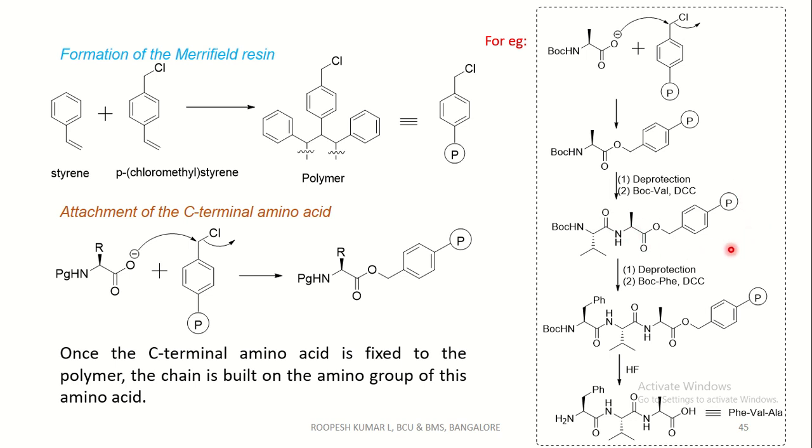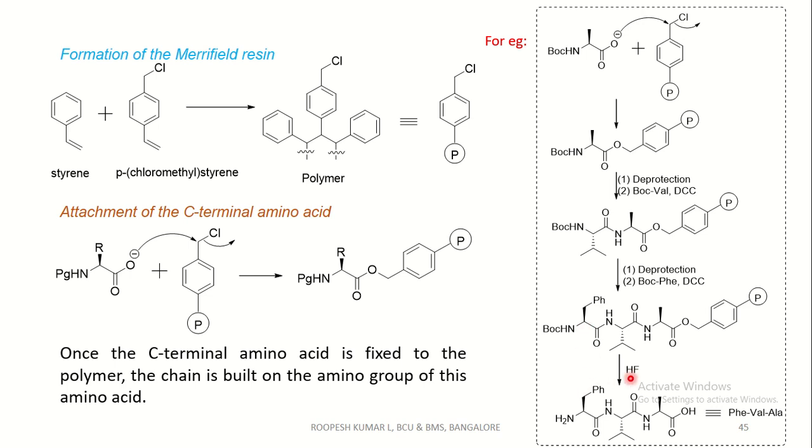And again the steps are followed as before, that is, deprotection using acid, since Boc can be deprotected, and immediately Boc phenylalanine using the DCC HOBt method, and the chain of the peptide is increased. It can be lengthened to any extent using a simple procedure. That is, now you can see a tripeptide is formed.